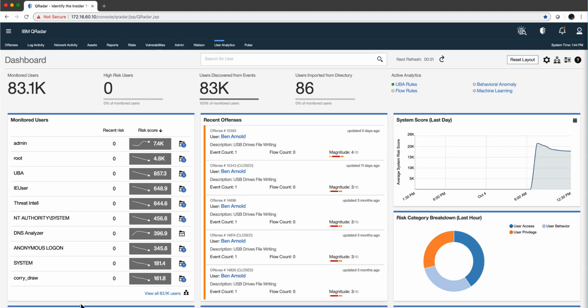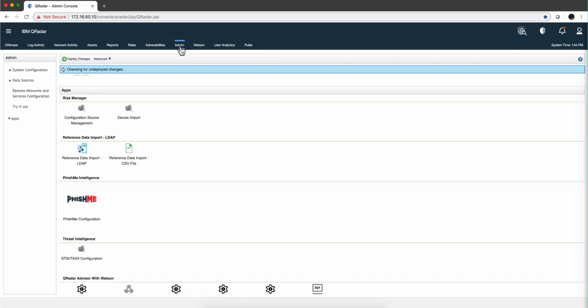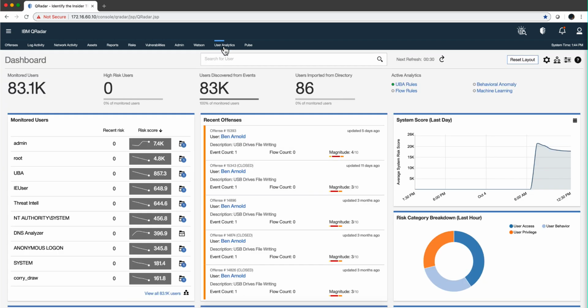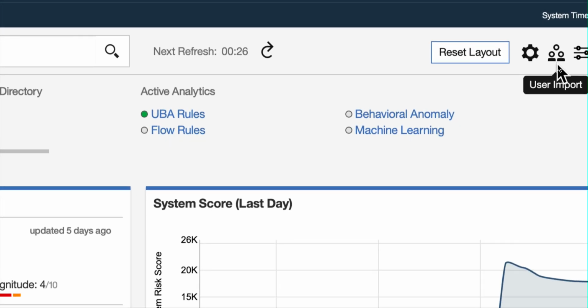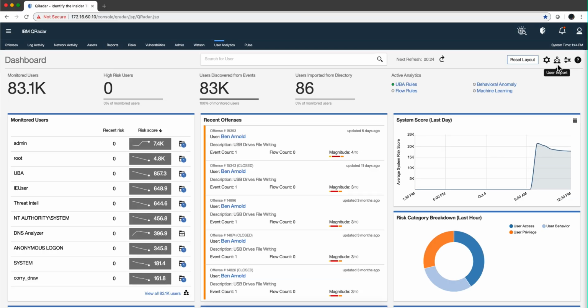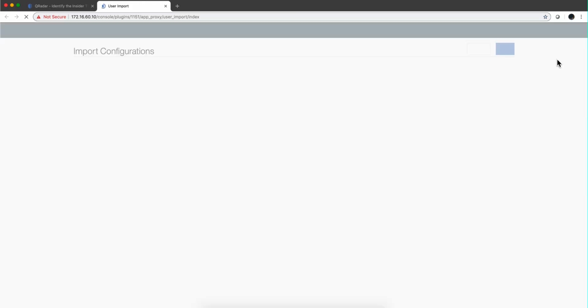I have always been a big fan of the UBA app, but one aspect I have not been too proud of is the LDAP connection. You needed to go into this other app that you downloaded and do an import from an LDAP into a reference set, and from there is where the UBA gets the data. It's a little kludgy. But now I'm very happy to tell you that in UBA 3.4 there is this user input